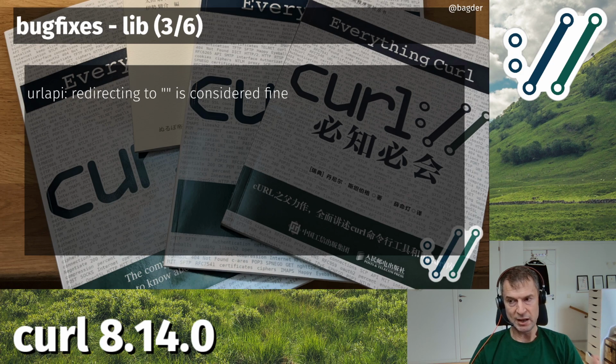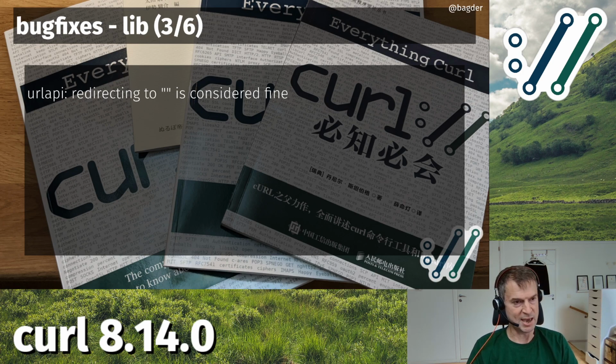We have this URL API in curl, as I hope you know, or in libcurl, and that API has a feature that allows you to set a URL, and then redirect to another URL, right? It helps you manage how a redirect would work on this URL plus this relative URL. And when redirecting to an empty URL, just quotes with nothing in it, that would return an error because, why would you do that?